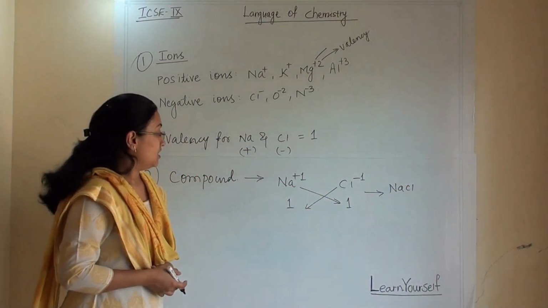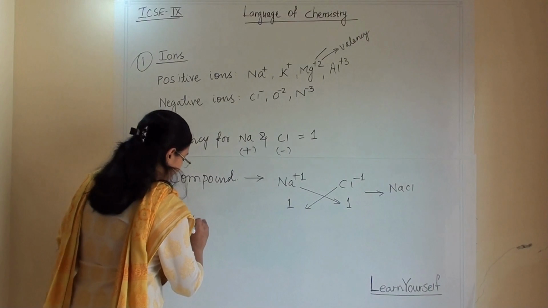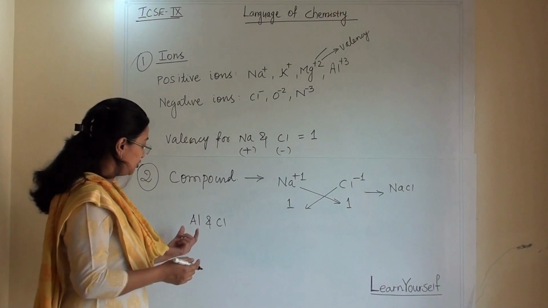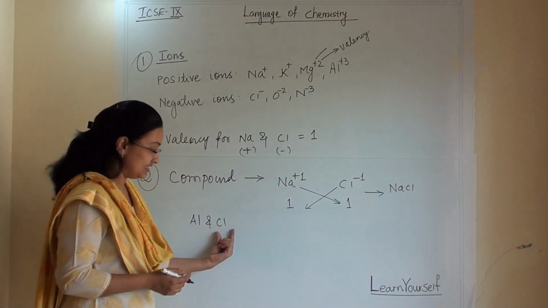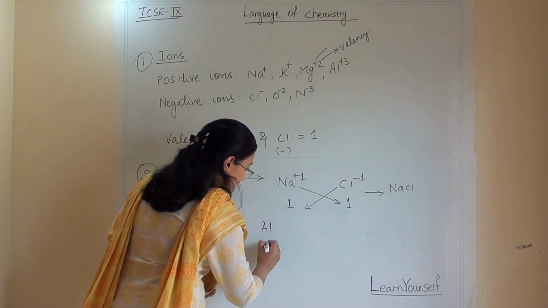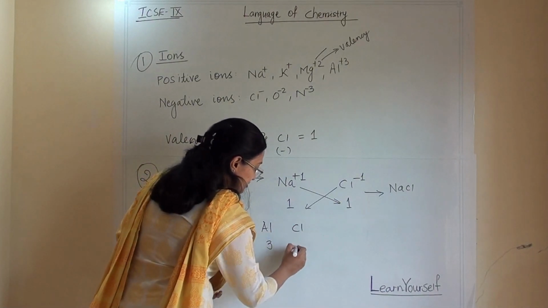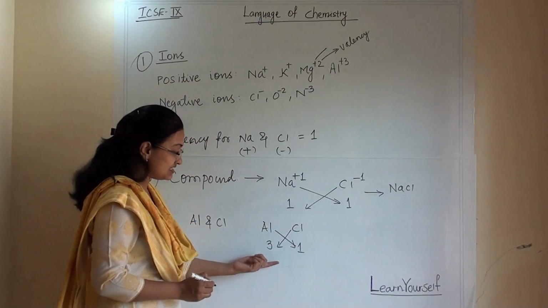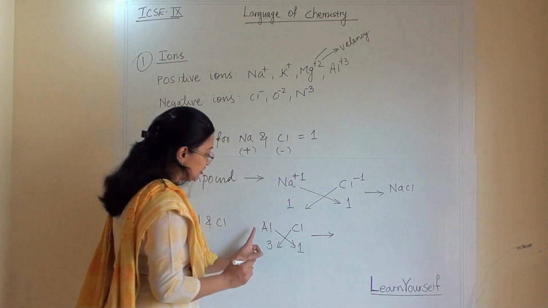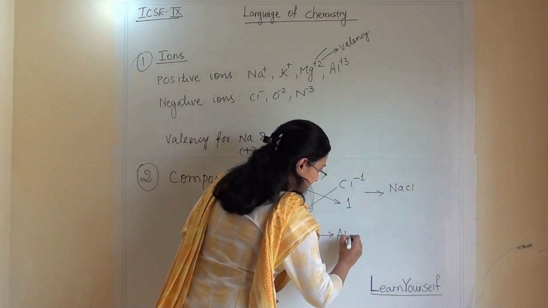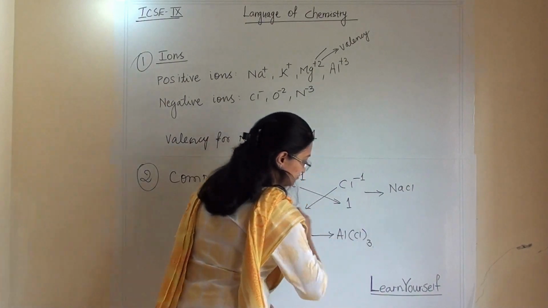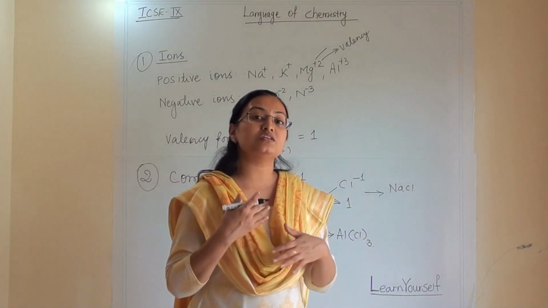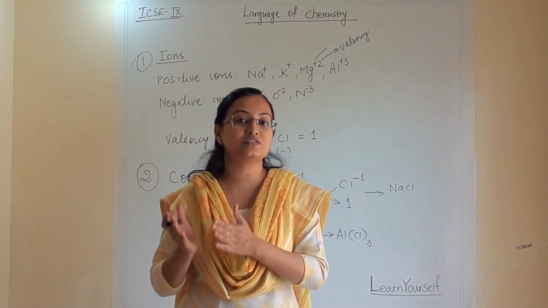NaCl. One more example, aluminium and Cl. Aluminium is positive and Cl is negative. Aluminium's valency is 3, whereas Cl's valency is 1. So by the crisscross method, we multiply this and write the molecular formula AlCl3. If you have any doubt regarding this, it is just a recapitulation of what we studied in standard